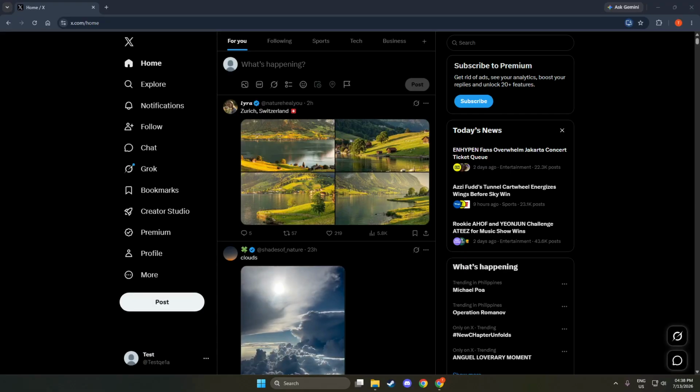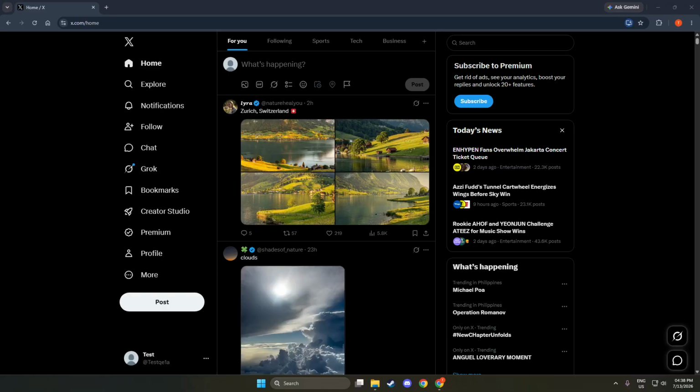As the page loads, you will see the familiar layout that includes a feed of tweets and various interactive elements. This step is crucial because it's the starting point for managing your account. By accessing the correct website, you ensure that you are working with the latest version of the platform. You'll want to have your login credentials ready, as you may need them to proceed.